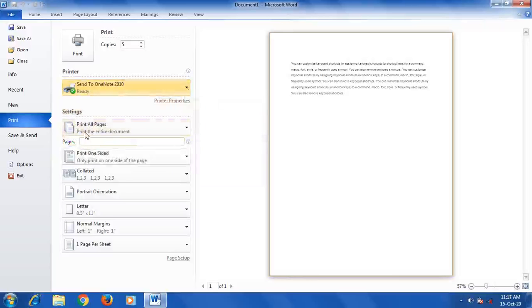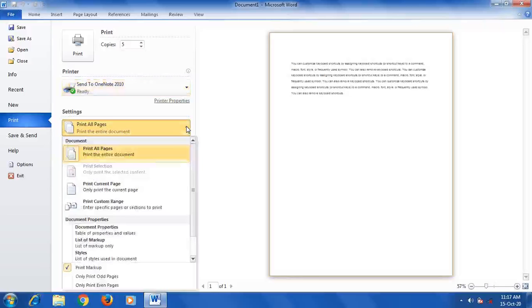Next, whether you want to print all the pages or the current page, or you can give custom rules. Print all pages means if you have 10 pages, all 10 pages will be printed.